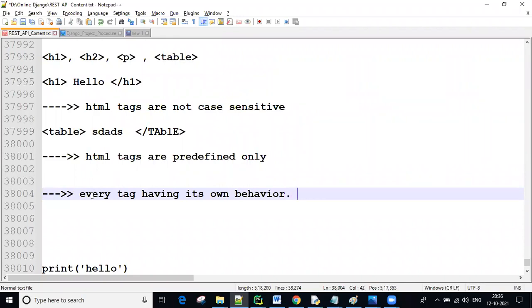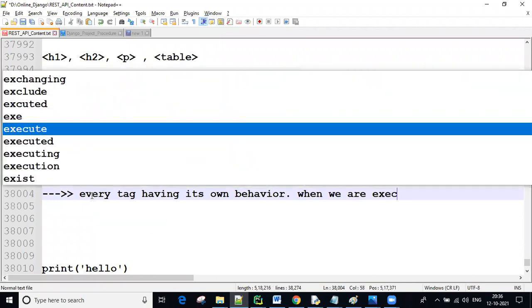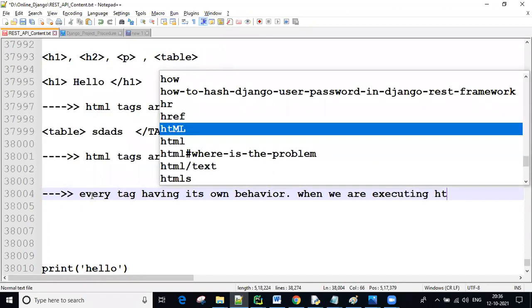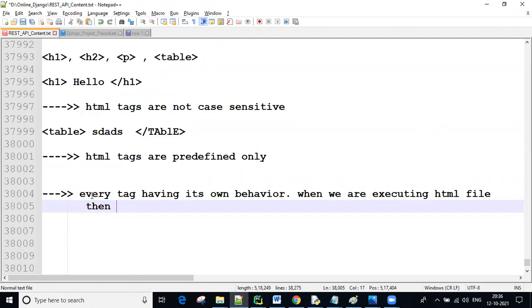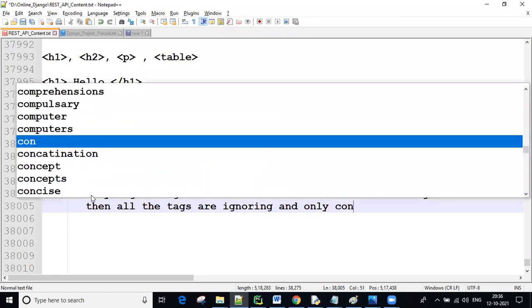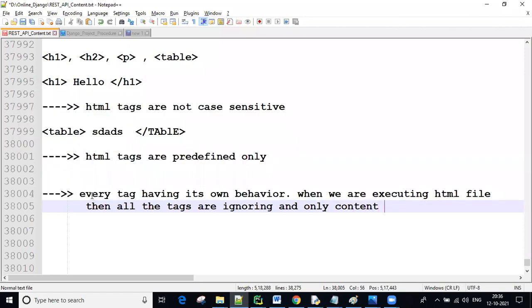So when we are running a program, or when we are executing an HTML file, all the tags are ignored, guys, and only the content between the tags is displayed.